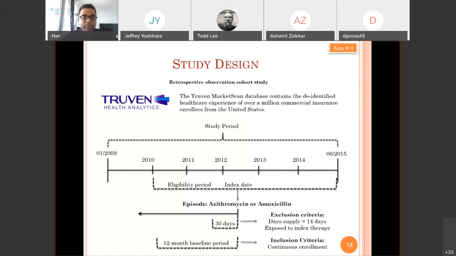The reason why we use amoxicillin is, again, it's a great control because it hasn't been associated with any increase in QT prolongation or any cardiac events. And it is interchangeable in terms of treating those bacterial infections. It's a great control that we've used, and the majority of the studies that looked at this exact question in the past have used it as well.